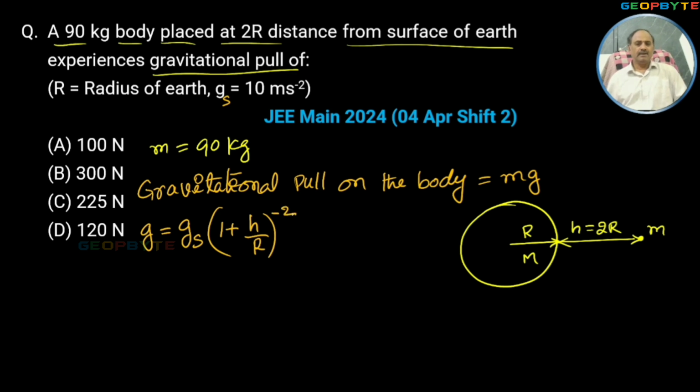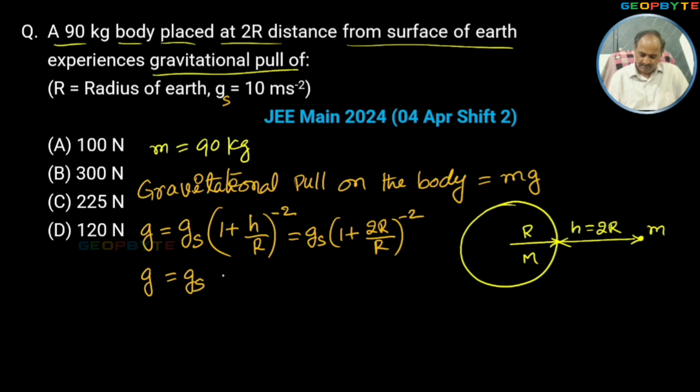This formula we have clearly discussed. Do you remember? Yes. Then it is equal to gs into 1 plus h, given as 2r, by r whole power minus 2. Therefore, g equals gs into 1 plus 2 whole power minus 2, which is gs, given 10, by 3 power 2,